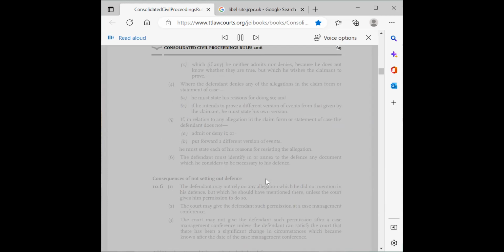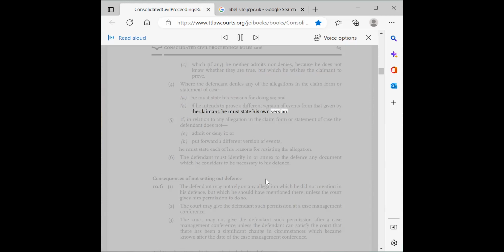c. which, if any, he neither admits nor denies, because he does not know whether they are true, but which he wishes the claimant to prove. 4. Where the defendant denies any of the allegations in the claim form or statement of case, a. he must state his reasons for doing so, and b. if he intends to prove a different version of events from that given by the claimant, he must state his